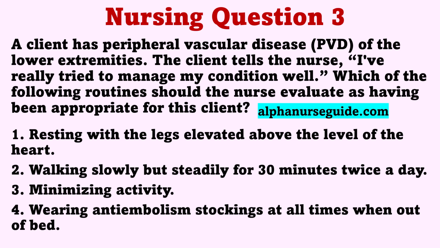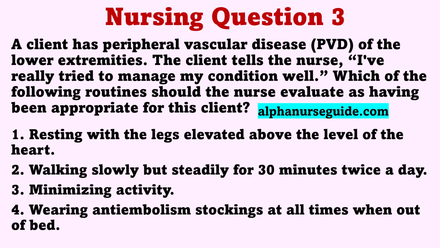The correct answer is 2. Walking slowly but steadily for 30 minutes twice a day. Slow, steady walking is a recommended activity for clients with peripheral vascular disease because it stimulates the development of collateral circulation. The client with PVD should not remain inactive. Elevating the legs above the heart or wearing anti-embolism stockings is a strategy for alleviating venous congestion and may worsen